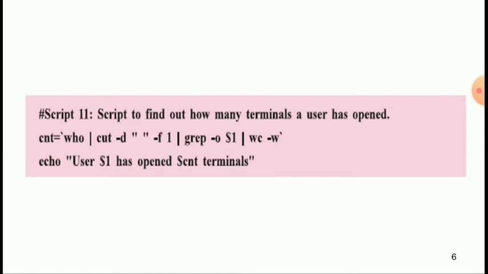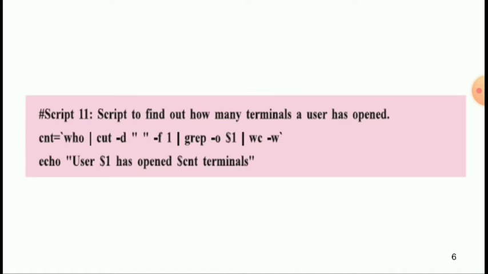Next script, script number 11, a script to find out how many terminals a user has opened. First is a hash line, that means a comment line.